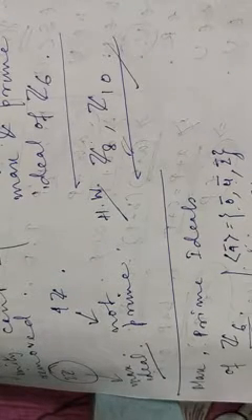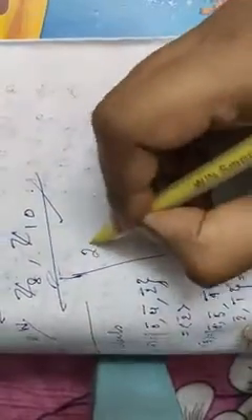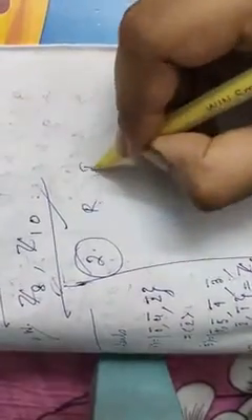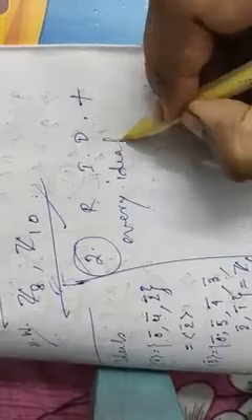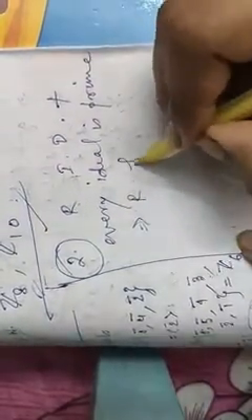Next, moving to the next example, example number 2, which states that let R be an integral domain. Prove that if every ideal of R is a prime ideal, then R is a field. That means integral domain plus every ideal is a prime ideal, then R is a field. R is an integral domain and every ideal is a prime ideal, then R is a field.